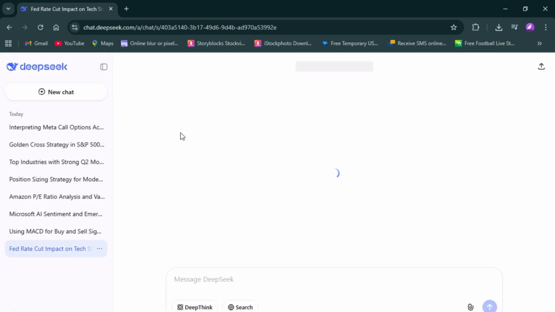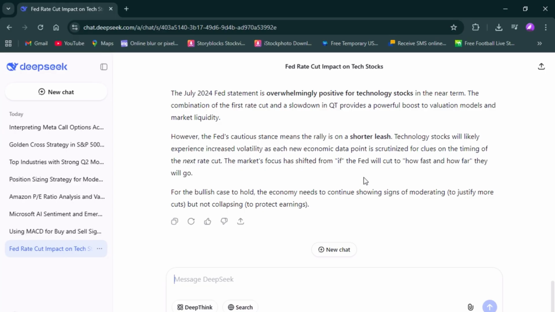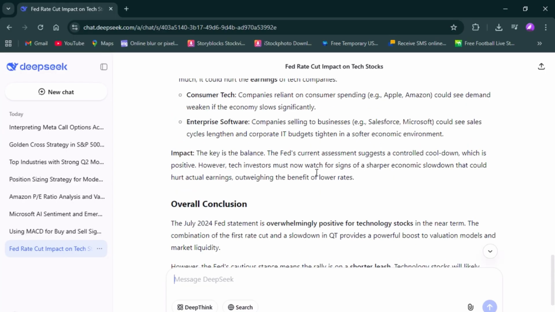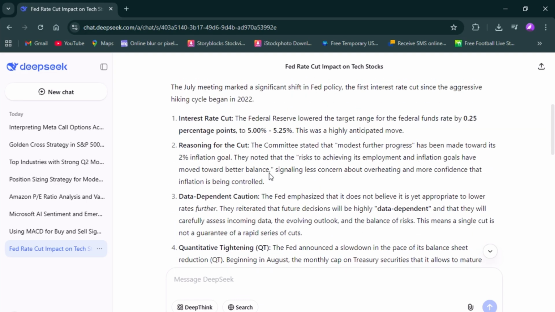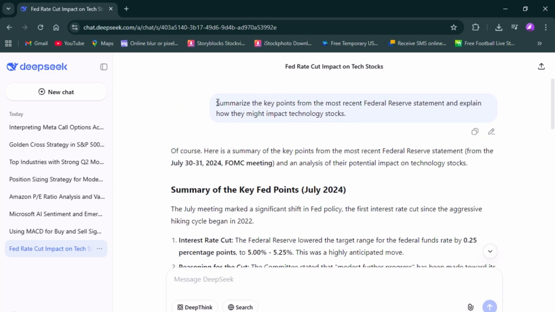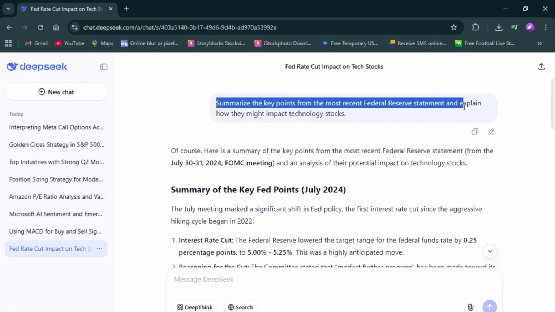With DeepSeek, you can quickly catch up on the latest financial news, dissect recent earnings reports, and understand broader economic trends without sifting through endless articles. For example, you could input, "Summarize the key points from the most recent Federal Reserve statement and explain how they